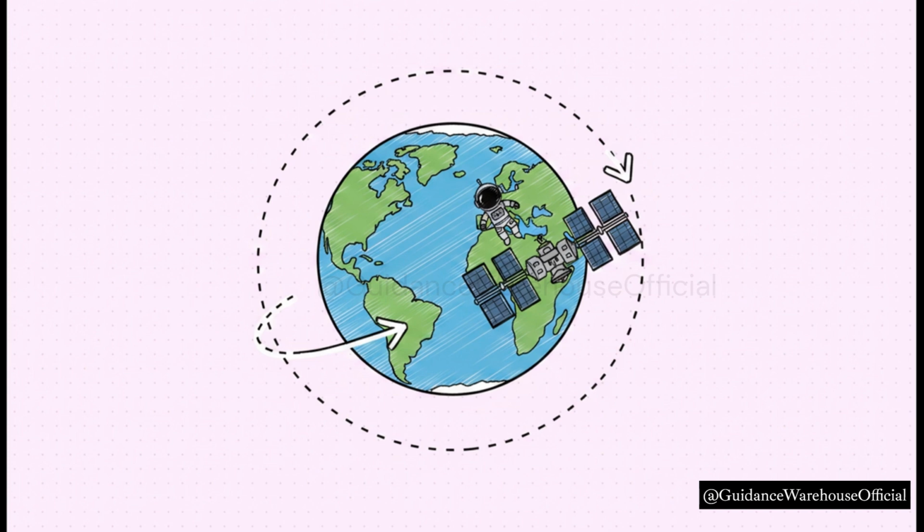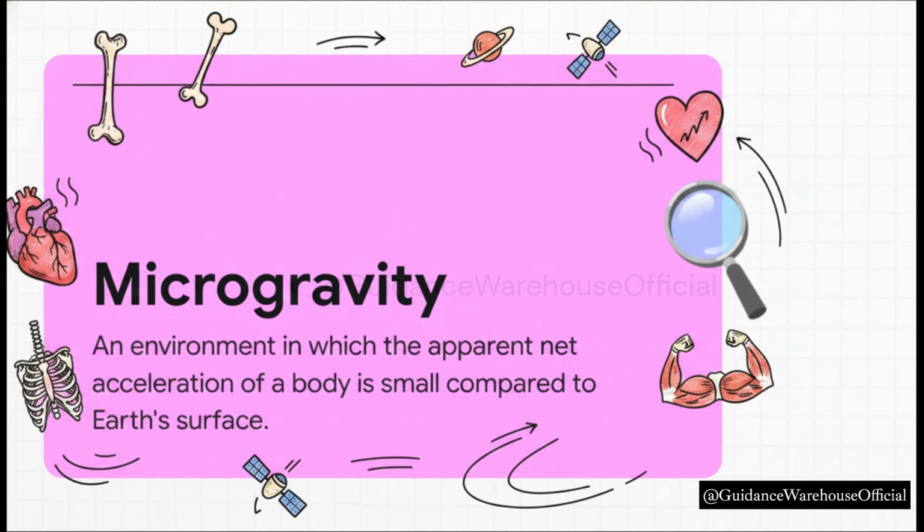It's just like being in an elevator when the cable snaps. For that one terrifying second, you'd feel totally weightless. That's what they feel, all the time. Because of this, scientists actually prefer to use the term microgravity to describe that environment. And living in that state for a long time has very real effects on the human body. We're talking muscle loss, bone density loss. It's a huge area of research to figure out how to deal with it.